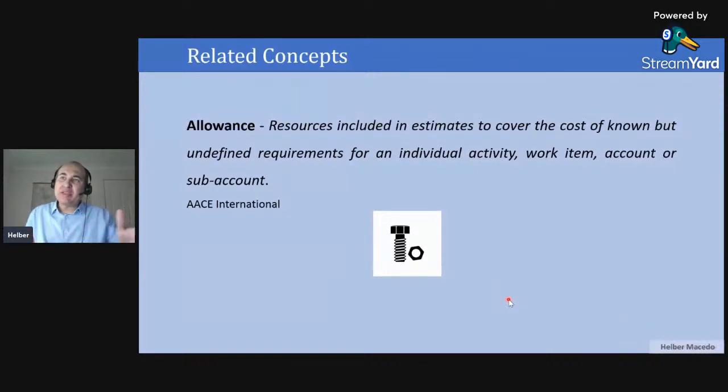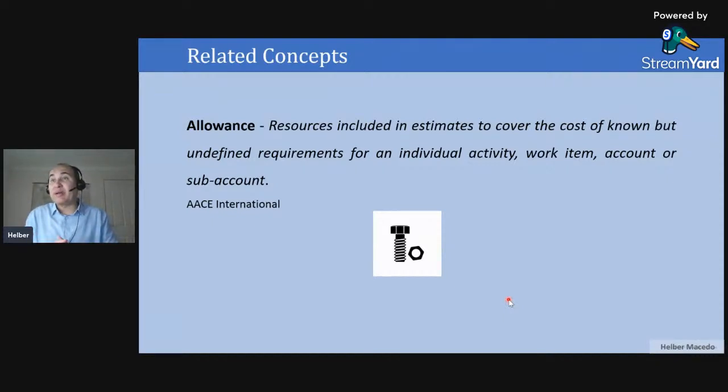I can calculate how many meters of pipe that I need, and maybe after this, calculate the labor that will be required, I will apply a percentile. For example, 5%, 2%, to include this small quantity of material like the screws. This is called allowance. And I can apply this for pipe, for civil constructions, for small things that I don't want to spend time on because I don't have this time or I don't have the research to do this